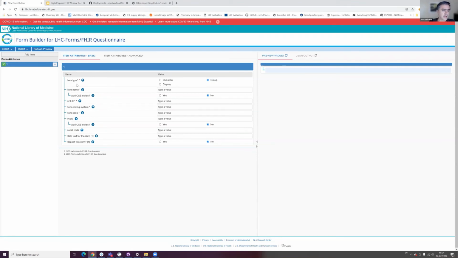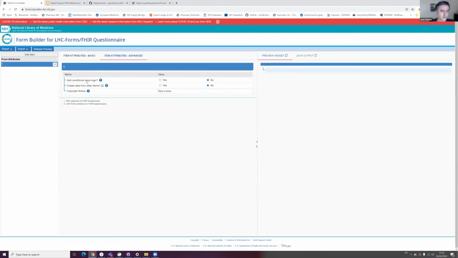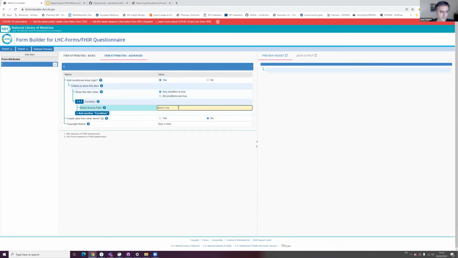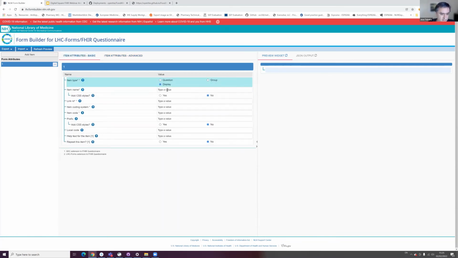And there are some basic attributes, like what's the type? Is it a question? Is it a display? Is it a group? What's the name, etc. So we are building the FHIR questionnaire resource with this, and then we can have attribute things, for example, add conditional show logic, which is yes, and then if the condition is true, and then I think you have to be able to have, yeah, so let's say if this is item name, also if the item ID is gender,